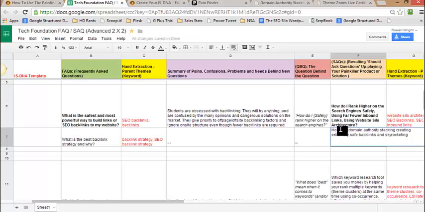So how can domain authority stacking create extremely safe backlinks, skyrocket my rankings for all of my silos,